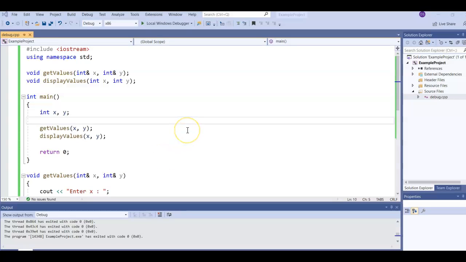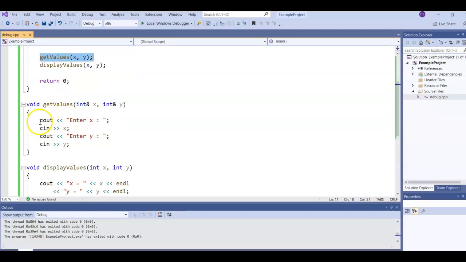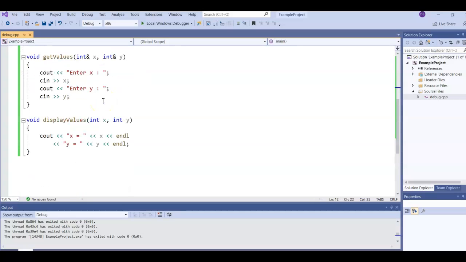Okay, here's a simple program that I'm going to use to demonstrate how to use the debugger in Visual Studio. You can see there's two integers, x and y. I'm going to call a function called getValues. It's going to jump out here, ask the user to enter x and y. You can see the reference parameters, so it'll pass those values back to main. And then I'm going to call displayValues, which will take x and y, and it will display them out